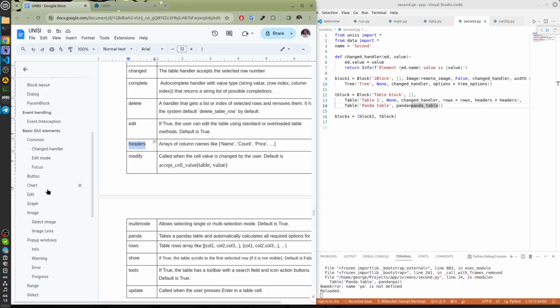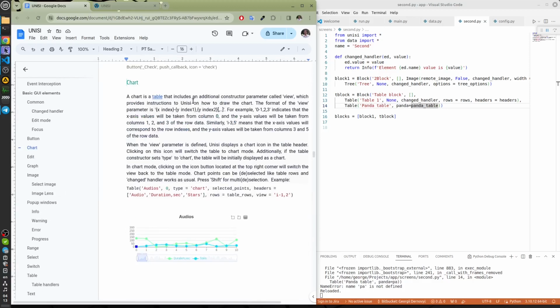Let's consider the chart element. Chart is based on table data and can be created by defining rows projection. If the view table variable is defined, the table can be a chart.